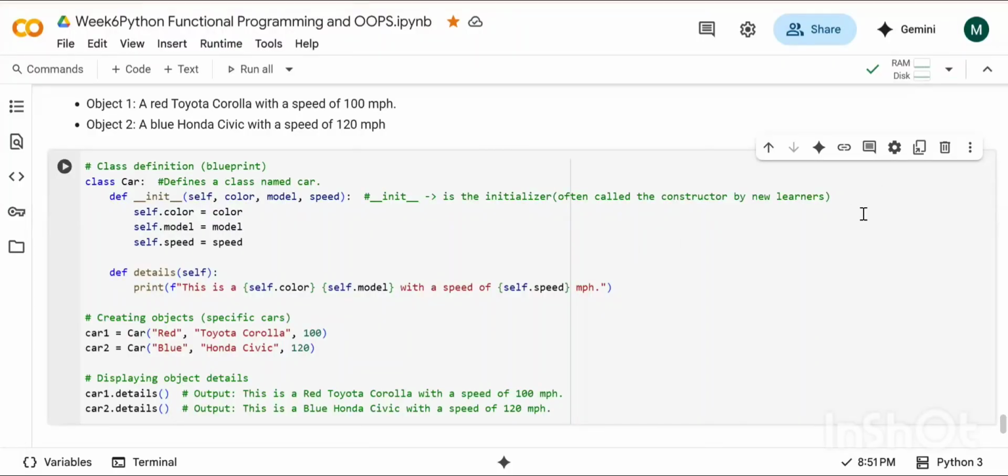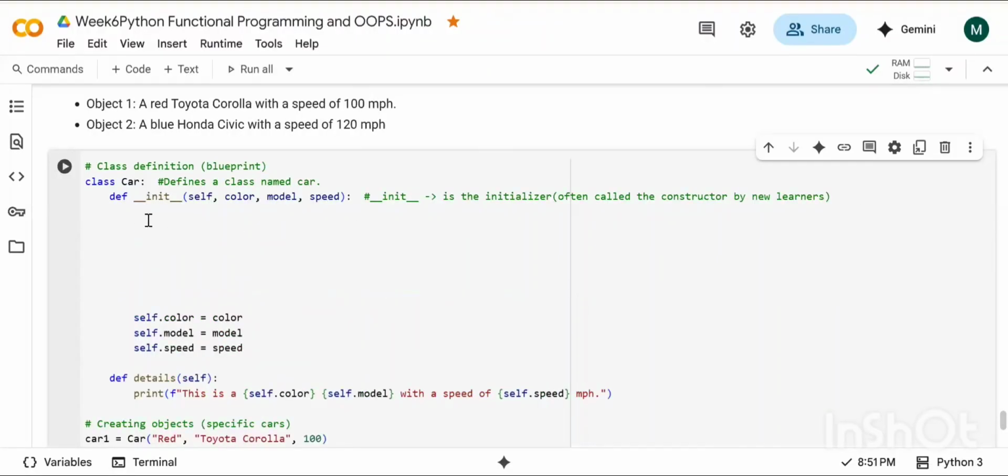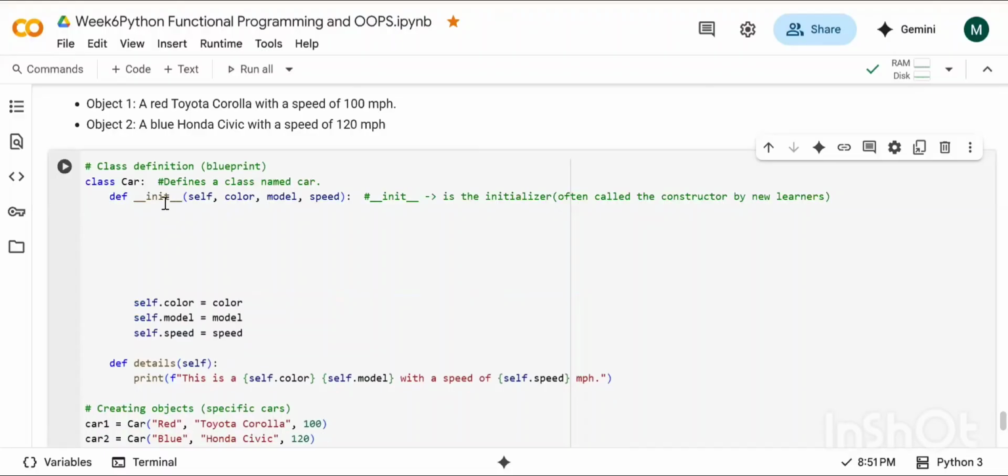What happens? So guys, this init now runs right after a new car object is created.